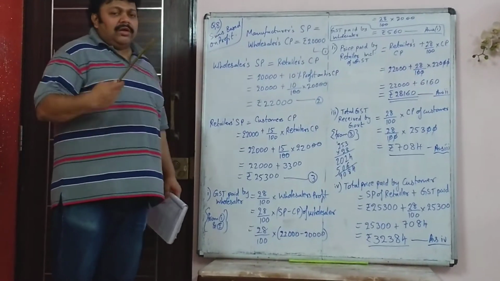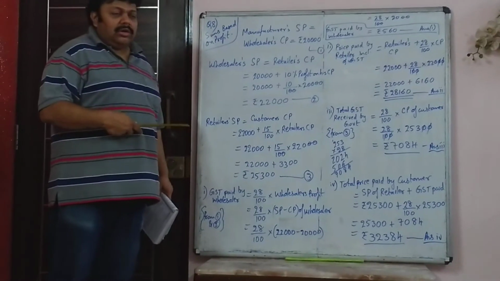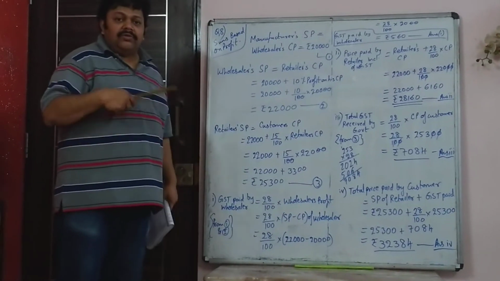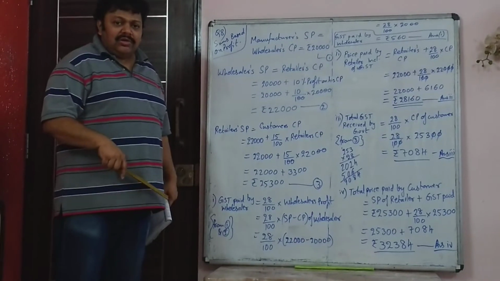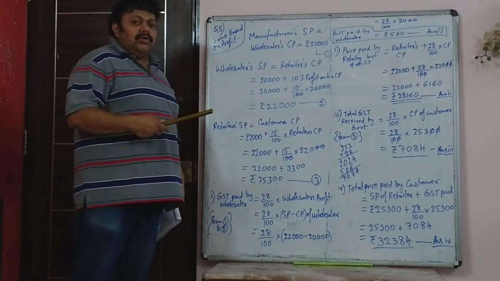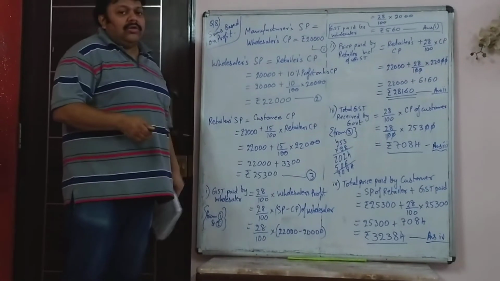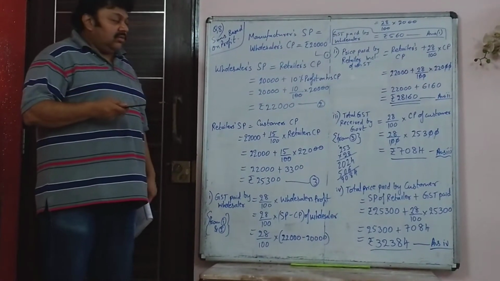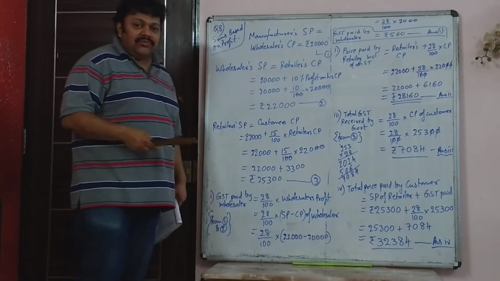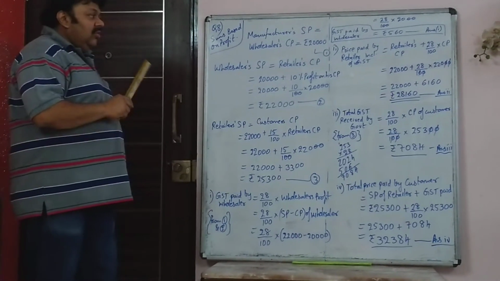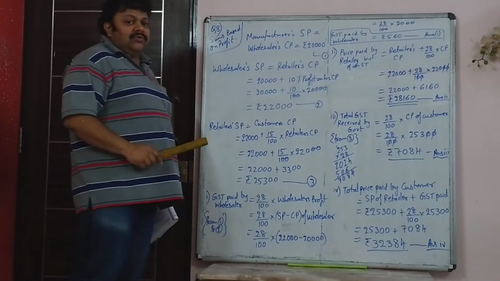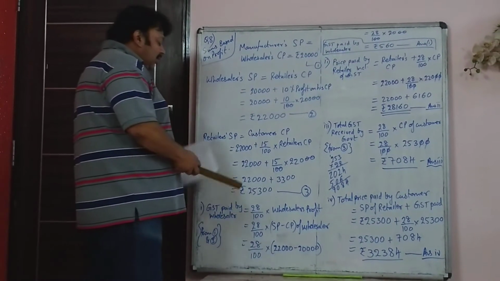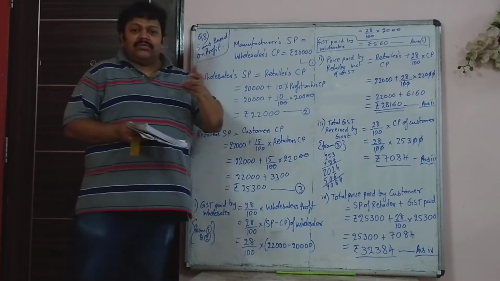I would suggest that after you copy all the classwork sums, just keep the finished tutorial textbook in front of you and try to do the same classwork sums once without looking, so that you know where you are going wrong and what you are getting wrong, before you sit for the Zoom session where we will do some of the homework sums. So make sure that you do that with the classwork sums so that the Zoom session becomes better. So now the 8th question is based on profit.